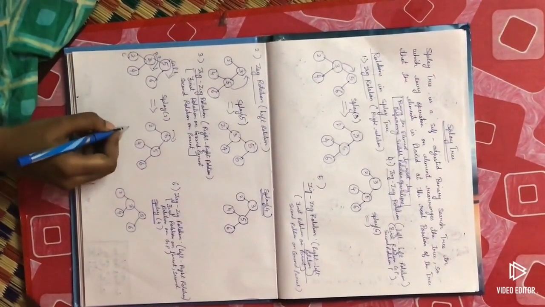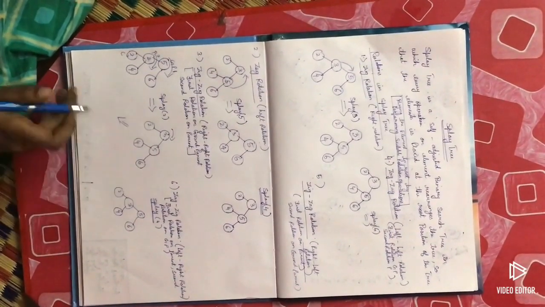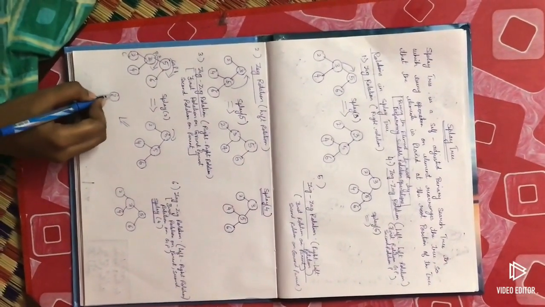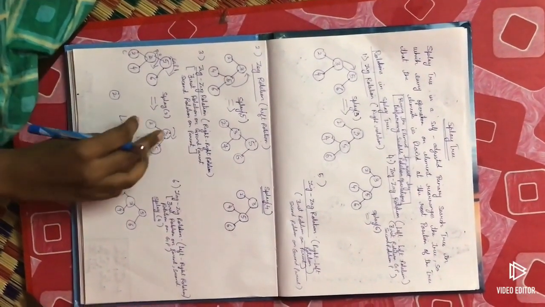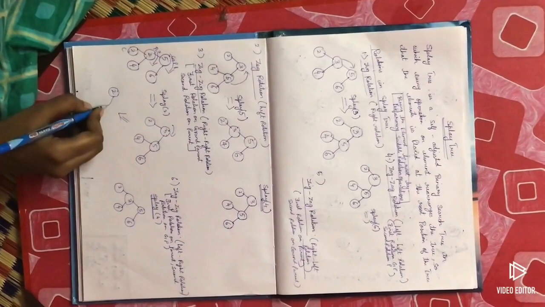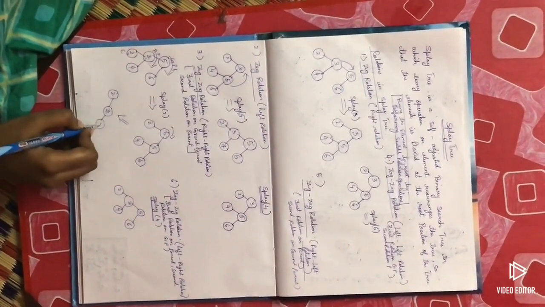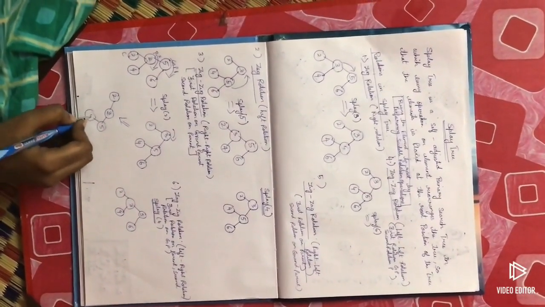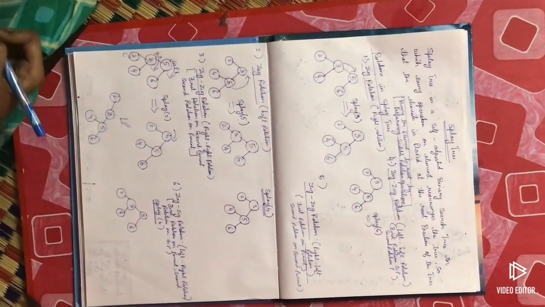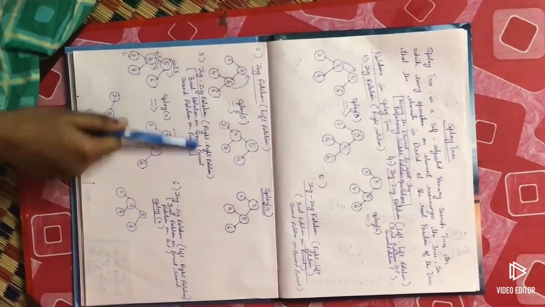So now what will be there? If I rotate this, what will go to the top? 2 will be splayed to the root node, and the other elements will come at the right side of 2. So there are no changes here. We are writing the elements as they are. So this is the zig-zig rotation.